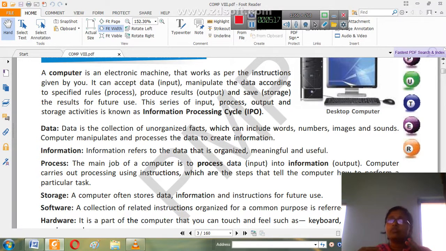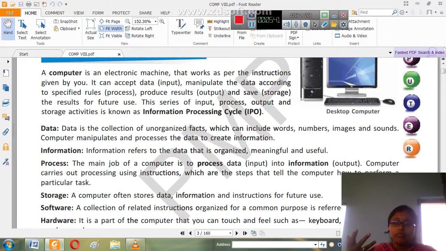These are to be performed on the particular data, and finally we get the output. Now storage is the area where we store our output, our result, so that we can use it in our future reference. Next is software.